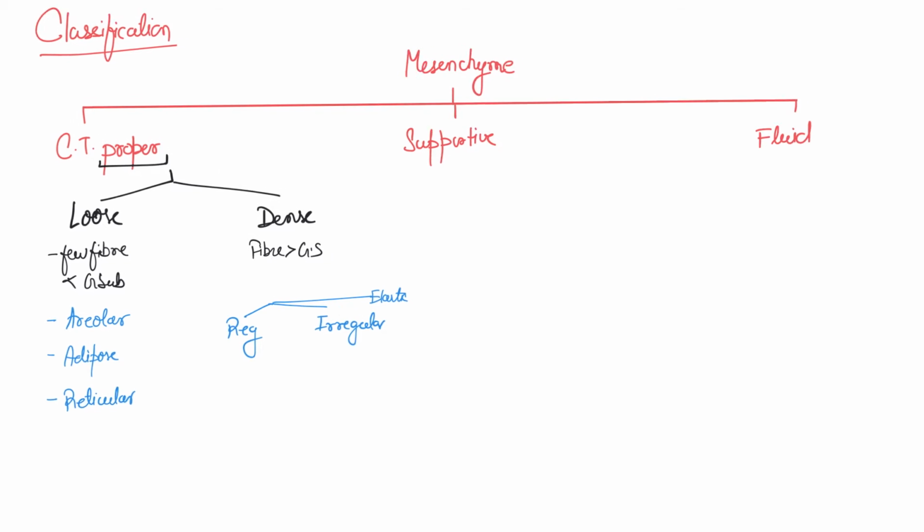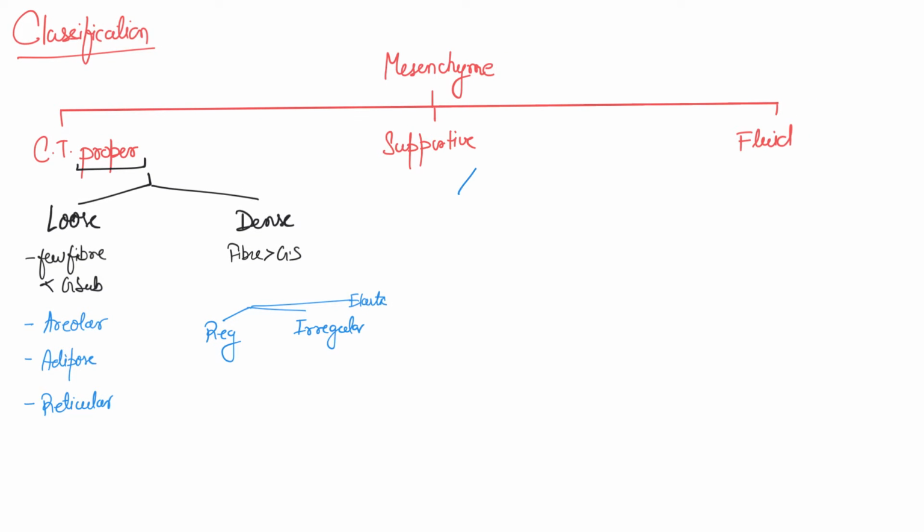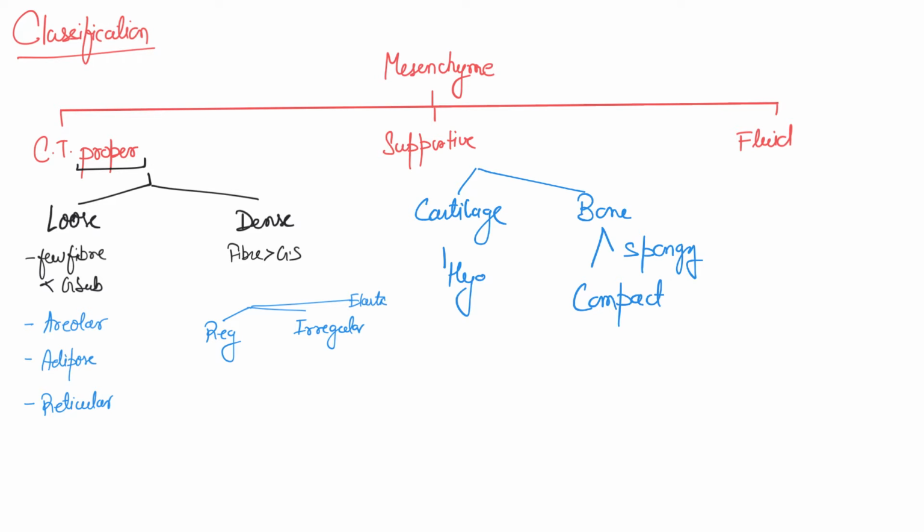Supportive connective tissues, when we talk about them, we'll obviously talk about cartilages, and we'll talk about bone. Bone, we'll talk about compact and spongy. Cartilage, we'll talk about hyaline, fibro,